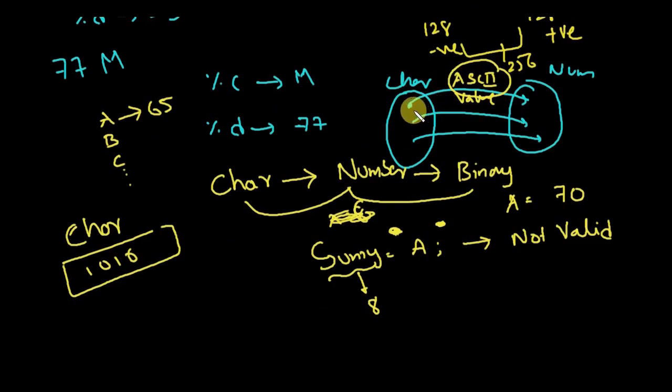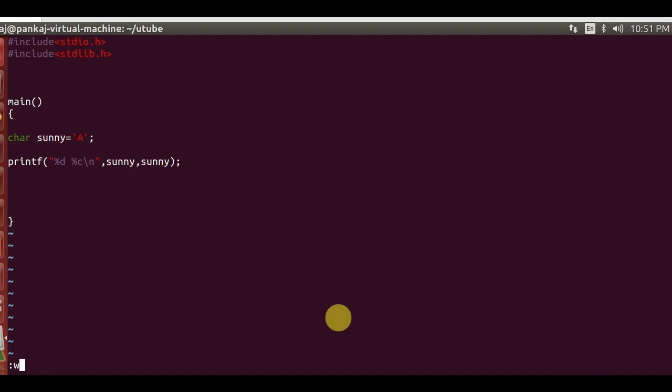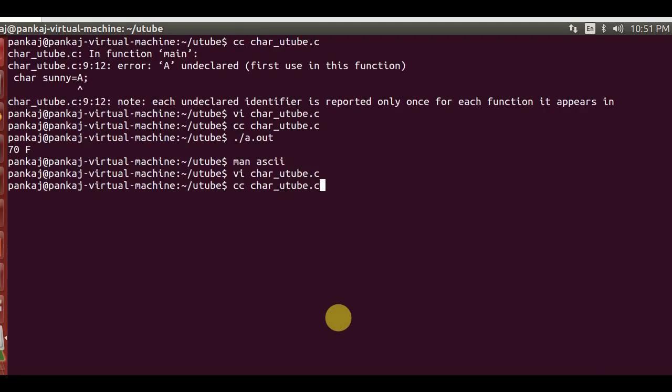Now I'll prove to you that whenever you type A in quotations, the compiler will automatically replace it with its ASCII value. For this code, I just remove this part, and I'll put quotations there. First of all, I want to prove that it will not give any error. See, A, and I have saved that file, and there is no error. Now I want to stop here,